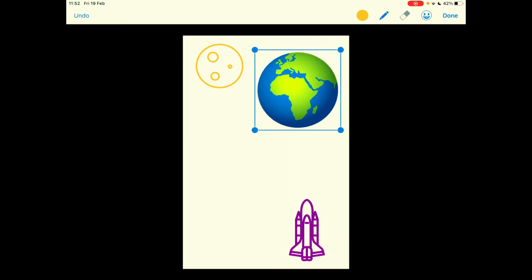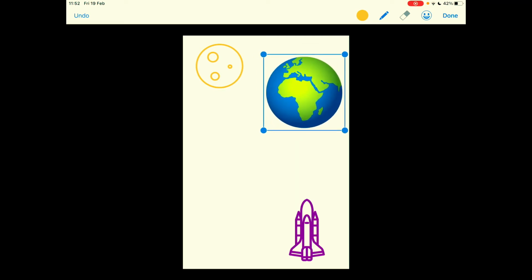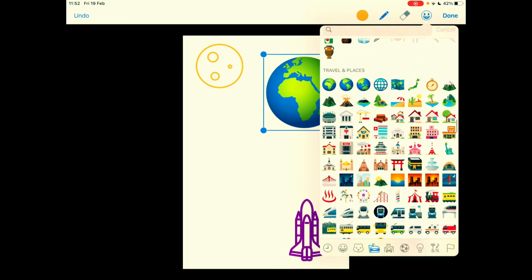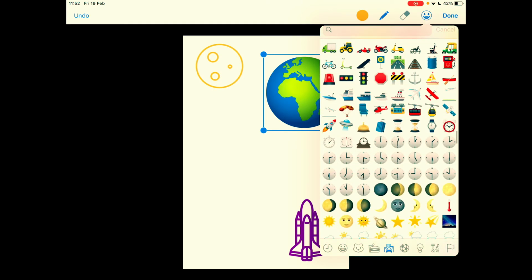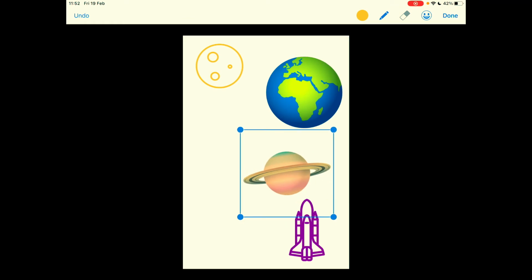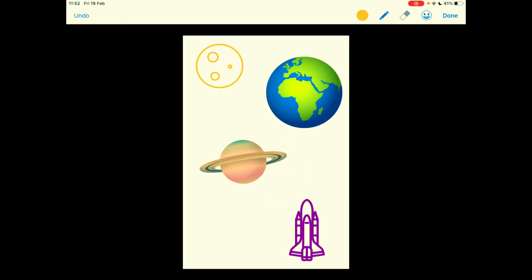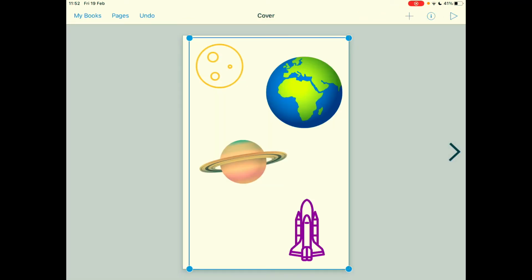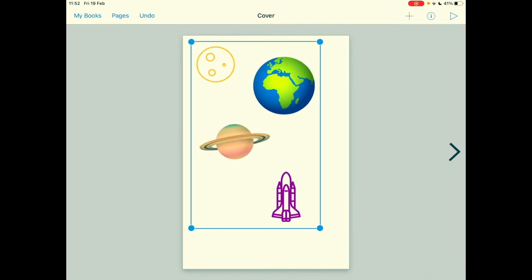So again, you can have your planet really big or you can have it really small. You can press it again and we'll find some other space ones further down. I'm sure there's some more in here. There's a little planet like so. And again, you can make those that size. Just press down in the top corner and that adds it in as one single image to that front cover